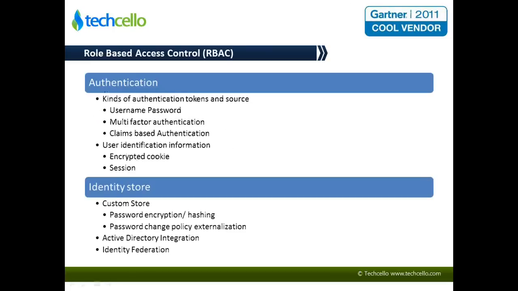So to begin with role-based access control, the very first thing that you would need in your product is authentication. So basically, you need to authenticate whom the user is claiming to be. So that is authentication. Now, the kinds of authentication that you can have in your system are, the most common one, username-password-based authentication. So the user provides a username, password, and then logs in.